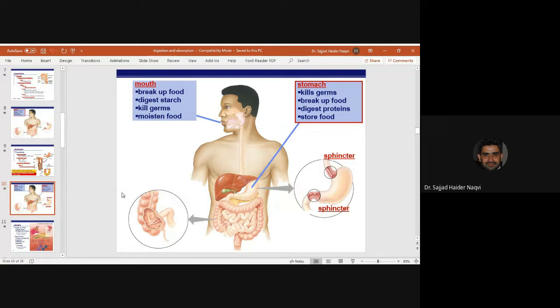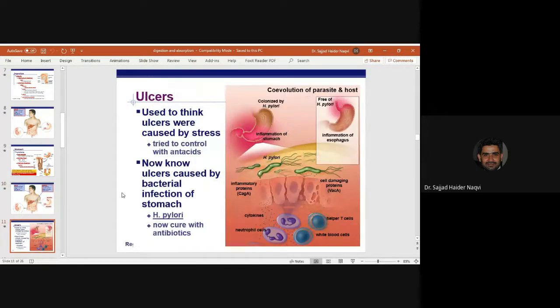So we conclude that in the stomach, we also have the process of killing germs, the breakup of the food, and digestion of the protein is started. Food is also stored for quite some time, between 2 to 3 hours. There is a medical condition which we all are aware of, ulcers, which is sometimes also called gastritis or reflux esophagitis. What actually happens in this case,